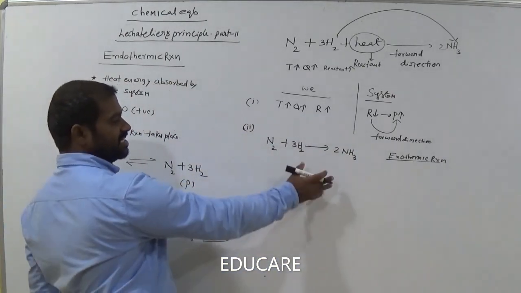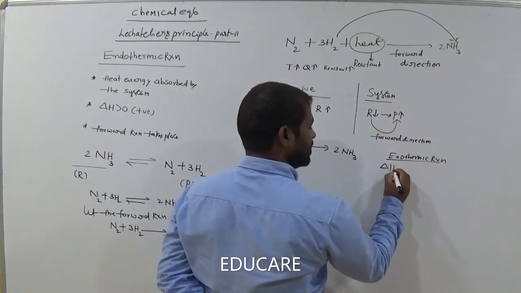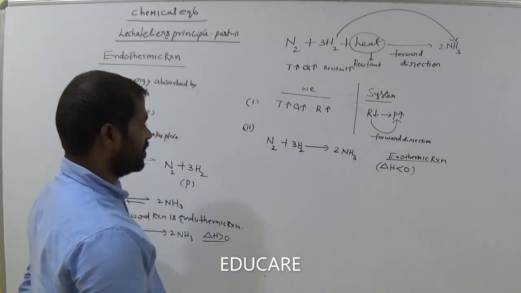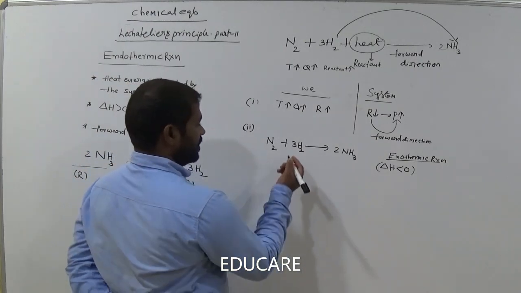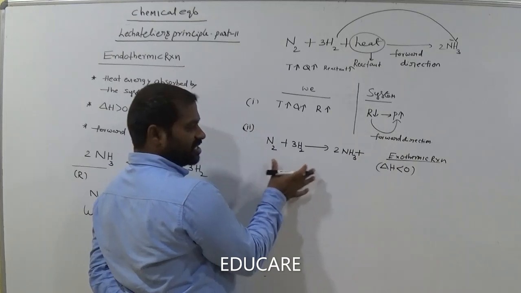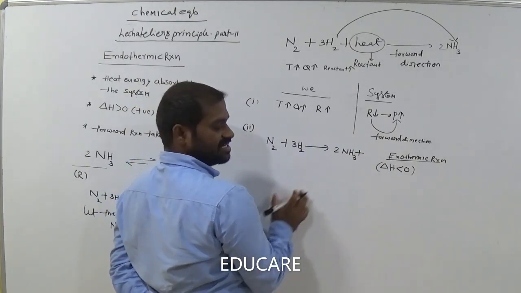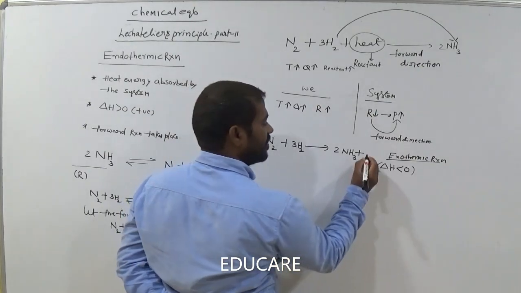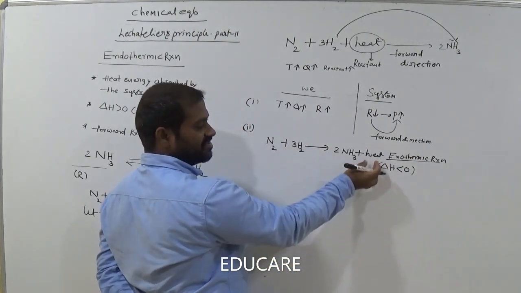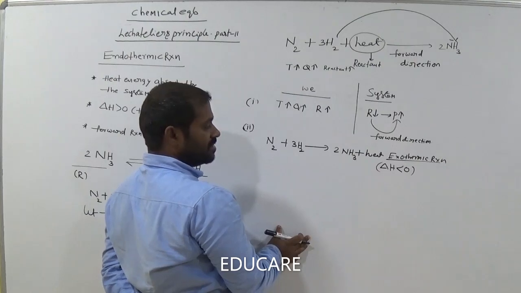Okay. So let's consider this equation as an exothermic reaction now. Exothermic reaction means delta H value is negative, that means less than 0. Is it clear? Exothermic reaction means the amount of heat energy is released after the reaction in this direction. So now heat energy is at the product side, am I right? Heat energy is released after the reaction. Now heat energy is added at the product side, am I right? Is it clear?